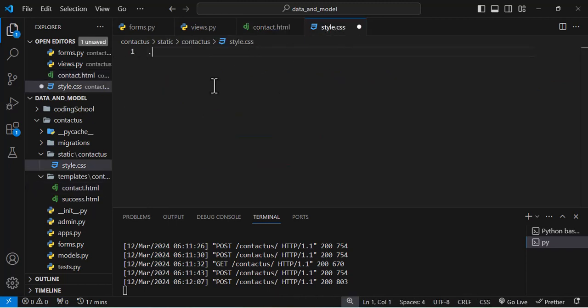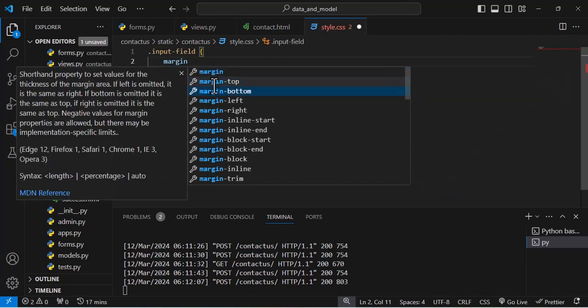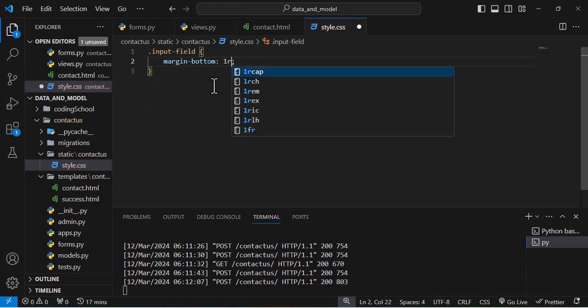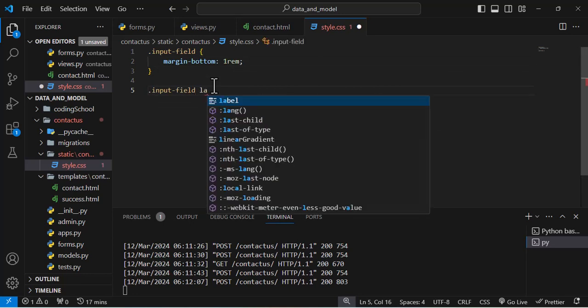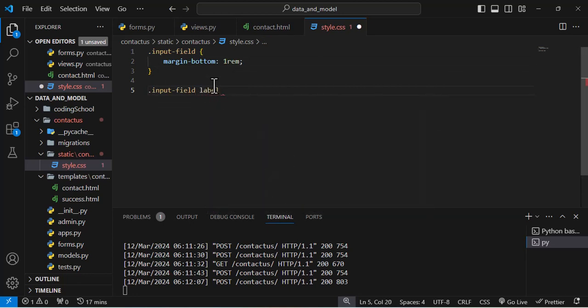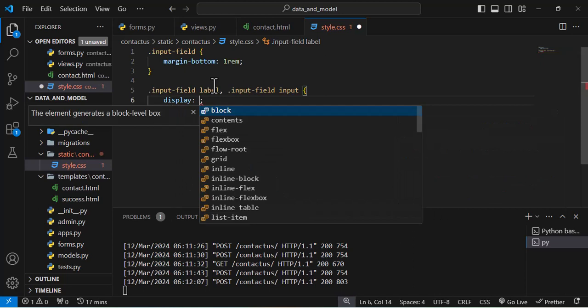So I'll start with that class by saying class input field, and I'll set a margin bottom of, let me say, 1 rem. And for the class input field, anything that is the label under the class input field, and also the input that is under the class. Don't forget that the input field is like a div that is wrapping the label, wrapping the input, and also the error message. So I'll display this as a block,